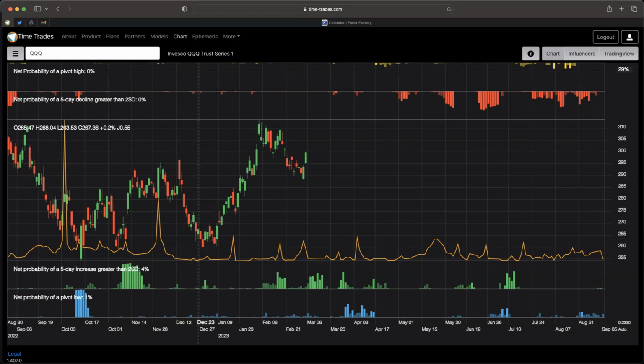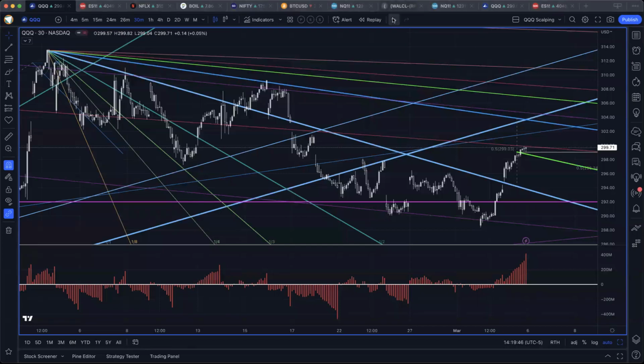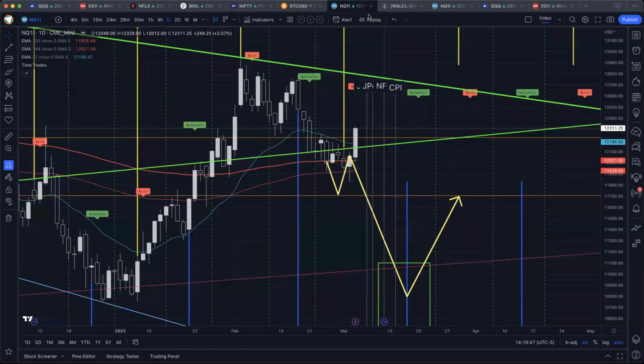Okay, let's take a look at what happened over the week. Obviously, the big event was the huge pump that we experienced on Friday. So if we go and take a look at our NQ chart here, we can see how impressive that rally was. Now, of course, I think the question on everyone's mind is: is this the start of a new move up,